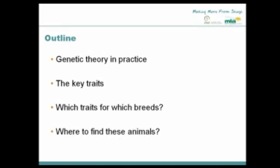Okay, so what I will talk about today, first of all, will be that genetic theory in practice and why ASBVs are important to be used in important selection decisions and not relying on raw figures alone. We'll look at the key traits that Sheep Genetics currently produces ASBVs for, and we'll then look at how they are interpreted. We'll move on then to look at which traits we should be looking at for which breeding operations,